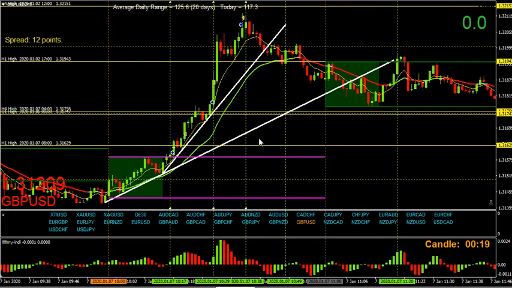And if all of a sudden they start to go from, for example, this one, I think the average daily range, 125. If all of a sudden it goes over 20 days up to 200, then you might have to increase your safety stop by 5 or 10 pips.